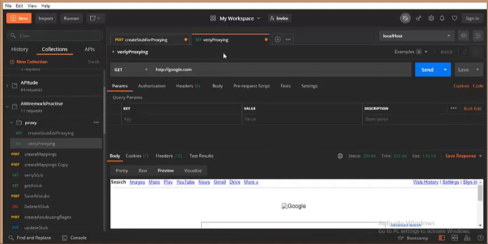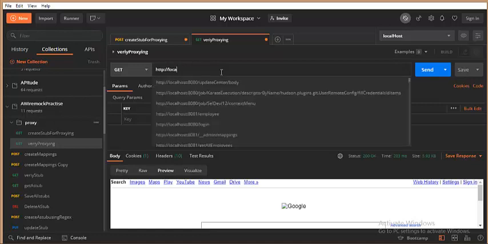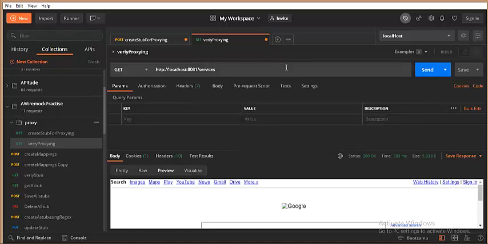So now, instead of calling google.com, let me just call localhost:8081. 8081 is the port number, and for example I would just mention services. I wanted to reach this particular endpoint. For services you can give whatever you want, because it is of my choice, because in my stub it is not looking for a specific value. As long as there is a value, it accepts, because we have specified the meta characters.